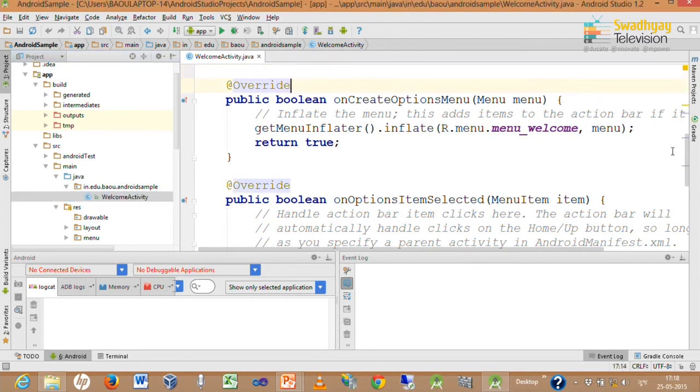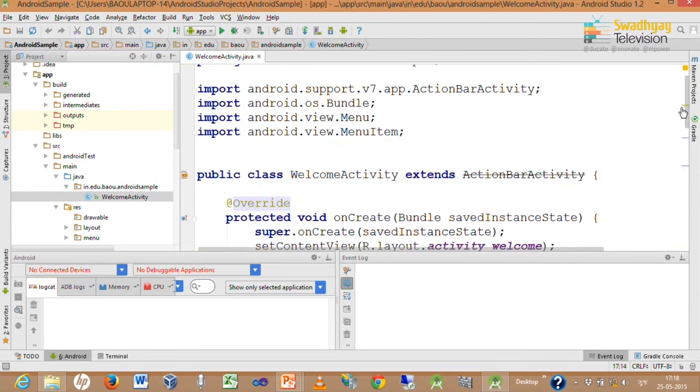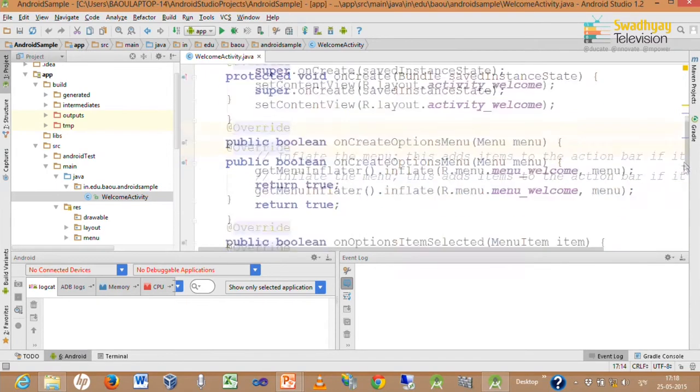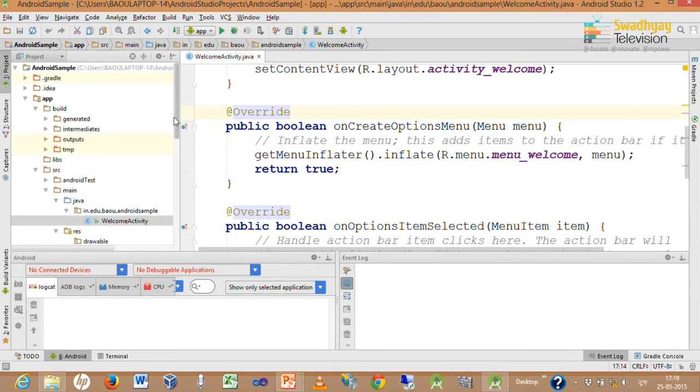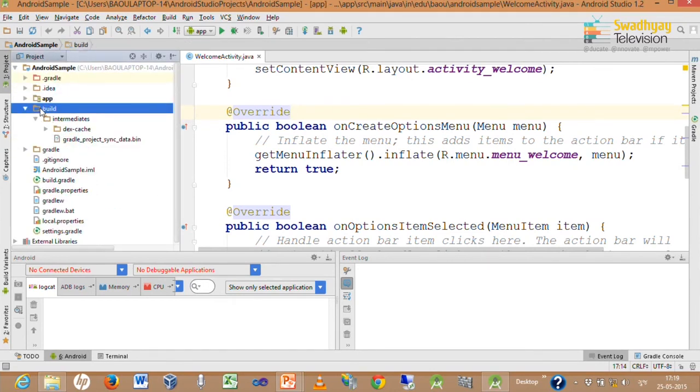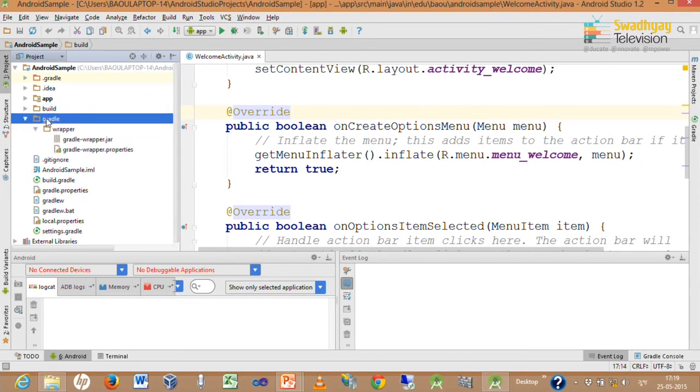Here you can see in the code editor there is a WelcomeActivity.java file. So, this is the project structure for your application. The build folder contains all the executables and references for your resources. Gradle is used to store scripts for executing your project. This is how your project is organized inside Android Studio.